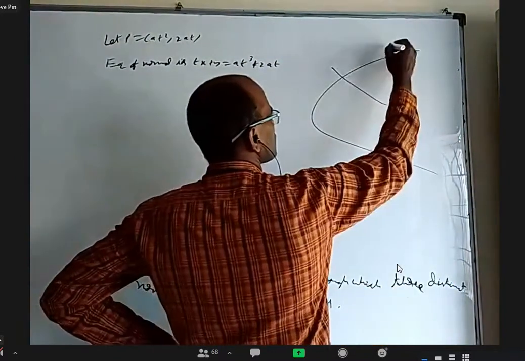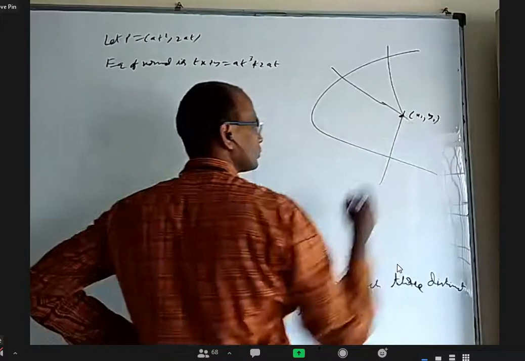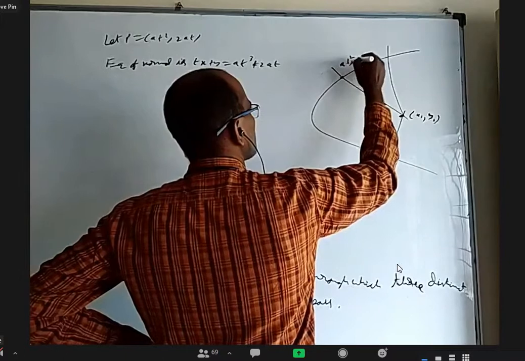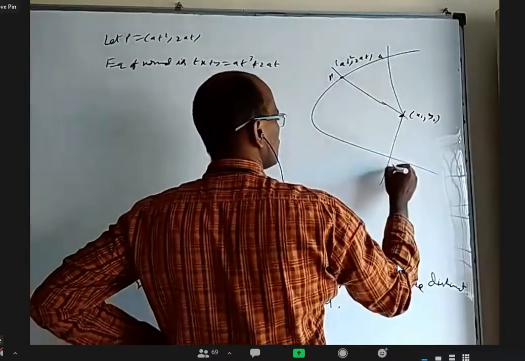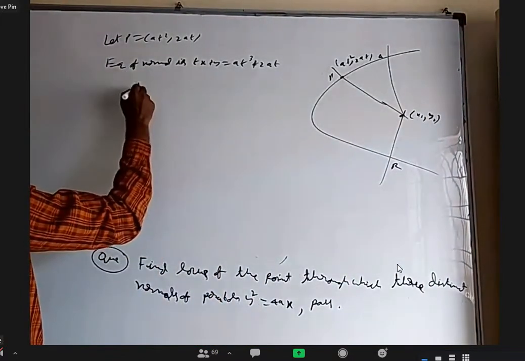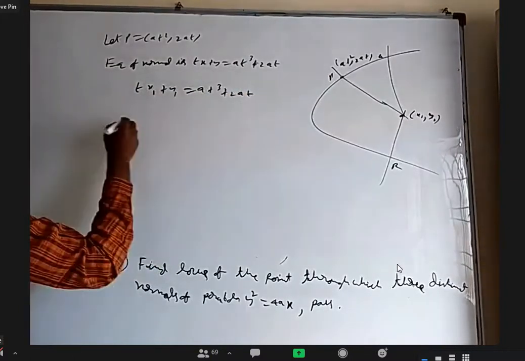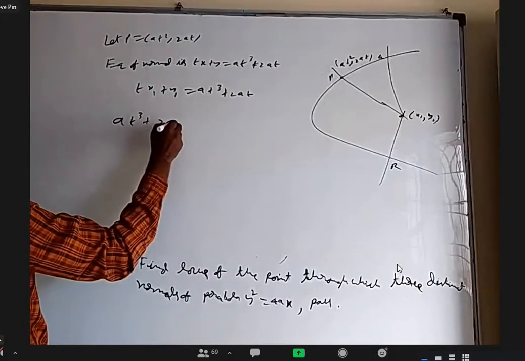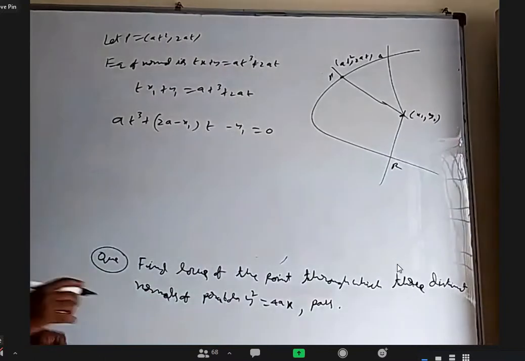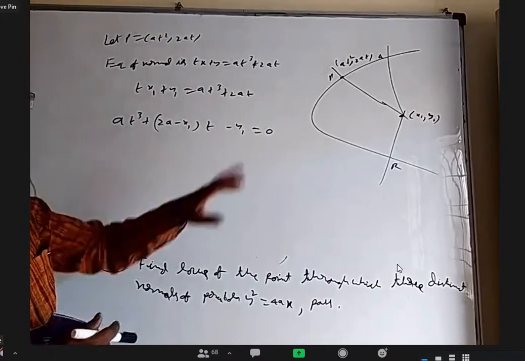Okay, so I want three normals of a parabola to pass through one point (x1, y1). I will take any one of the points as (at square, 2at). And the locus I have to find is of (x1, y1). So substitute (x1, y1) in this. a x1 plus y1 equal to a t cube plus 2at. Bring everything to one side, we'll get a cubic equation: a t cube plus (2a minus x1) t minus y1 equal to 0. Okay, so till the previous question, (x1, y1) was already given and we were able to find the roots.